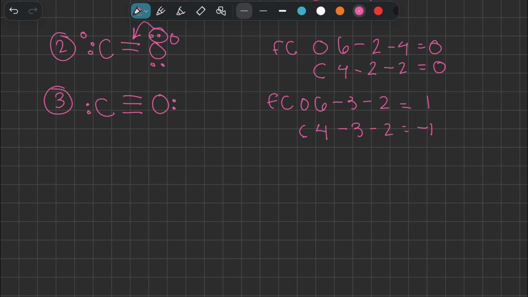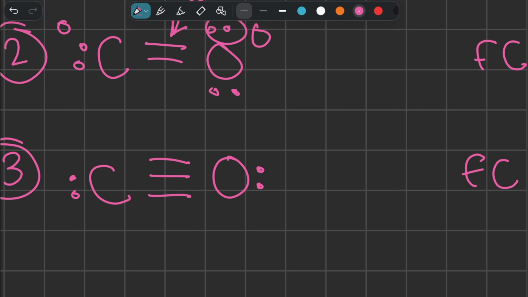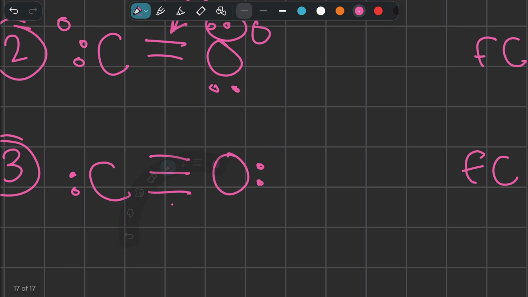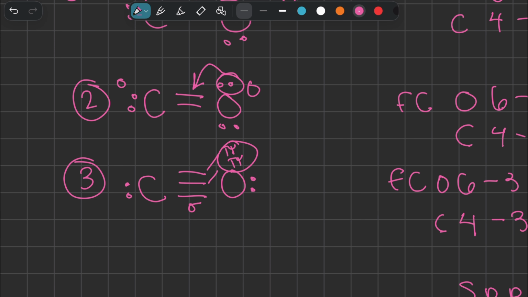So what we do from here is we do S, P, P, P. And so if we look back here, the initial one creates a sigma bond, and these 2 separate bonds create pi bonds. And we can take these pi bonds that we made from this triple bond,